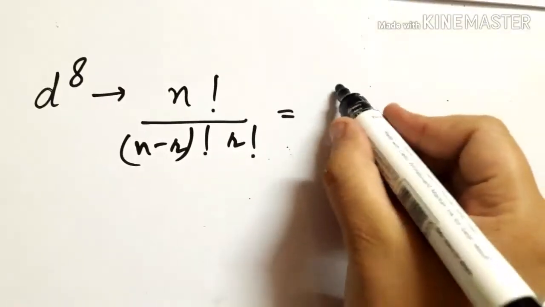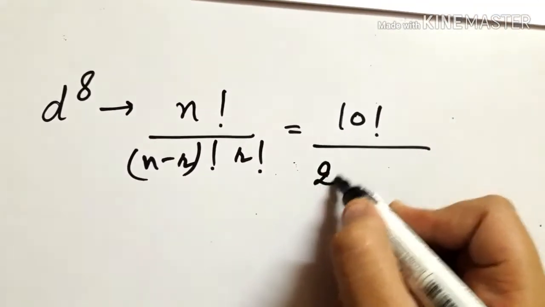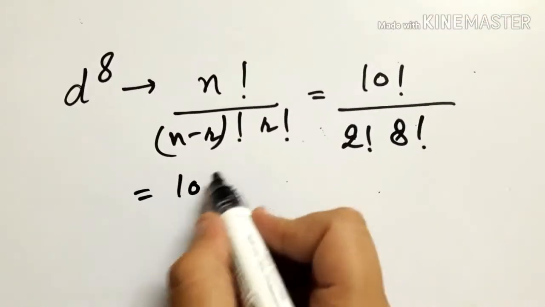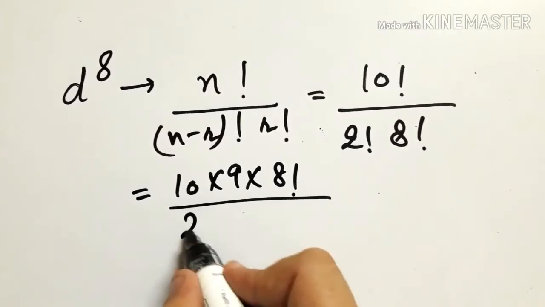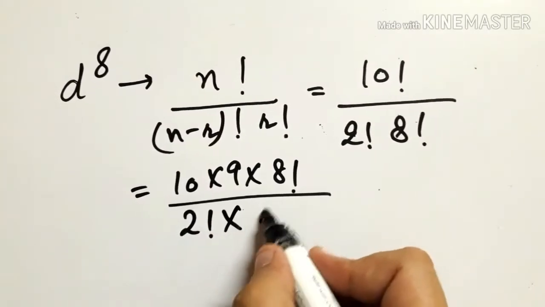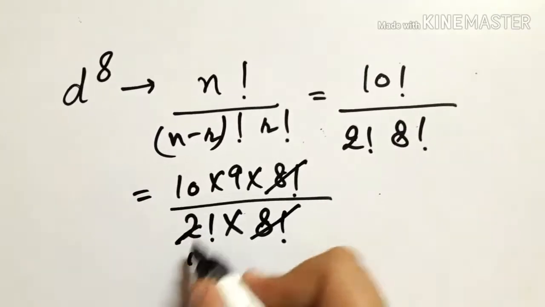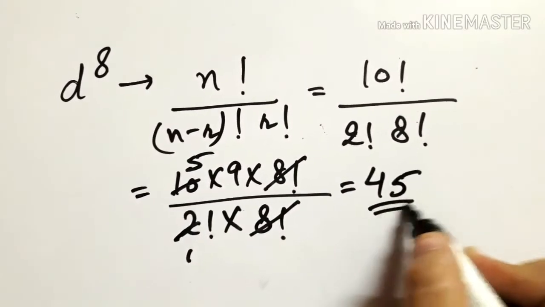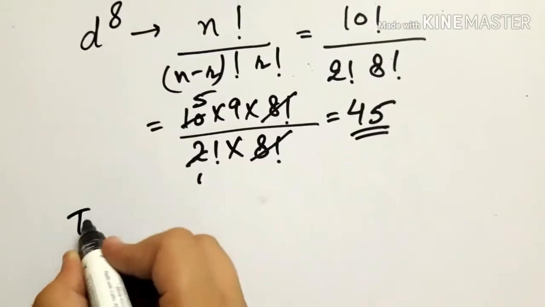So we have 10 factorial upon (10 minus 8) factorial, that is 2 factorial upon 8 factorial. We'll write it as 10 into 9 into 8 factorial, over 2 factorial and 8 factorial. So 2, 5 and we have 45, that is the value for microstate. Now term symbol